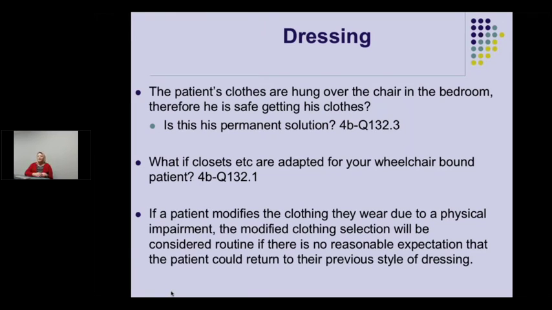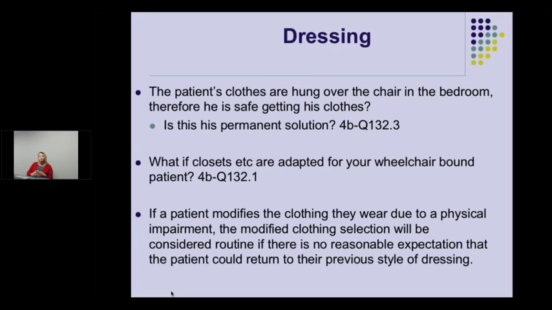A question. The patient's clothes are hung over the chair in the bedroom. Therefore, he is safe getting his clothes. Is this a permanent solution? If the clothes are adapted for the wheelchair-bound patient in the closet, is this a permanent solution? Can they then get those clothes independently if we've moved them and adapted their closet from the top rack to the bottom rack? The answer is, if a patient modifies the clothing they wear due to a physical impairment, the